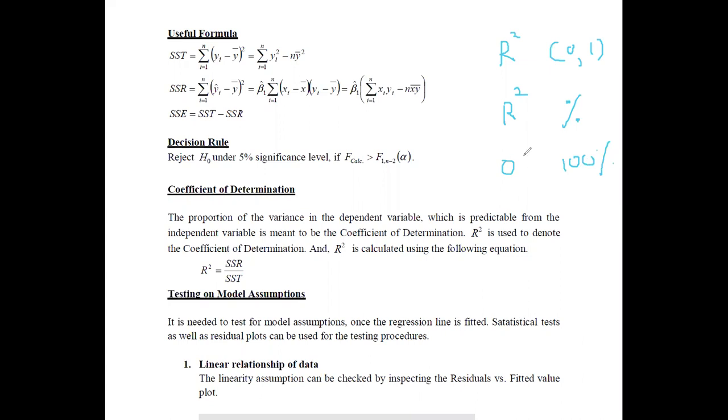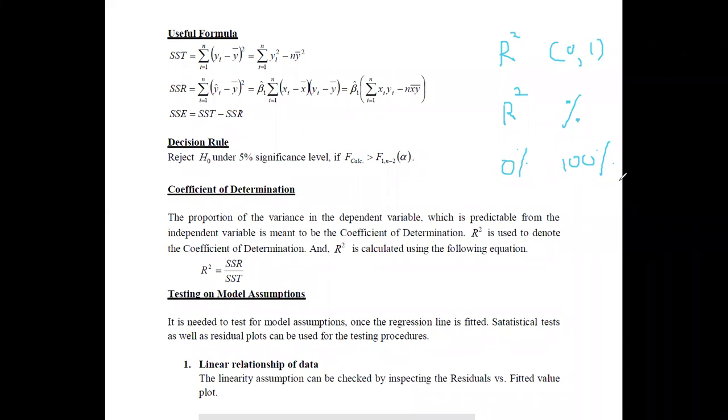If you get 0% or a value closer to 0, then we can say this is not a good model, because we cannot explain much of the variation using the fitted model.